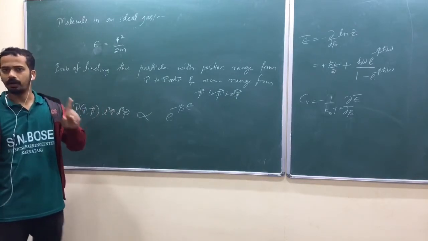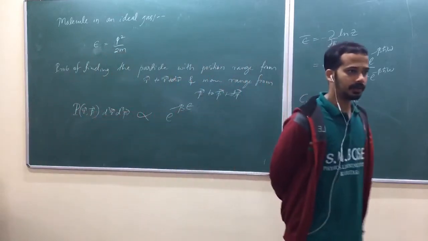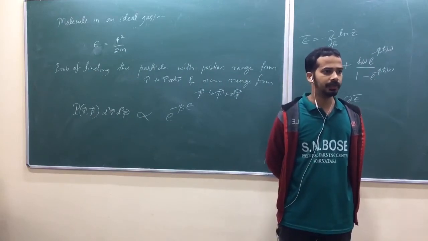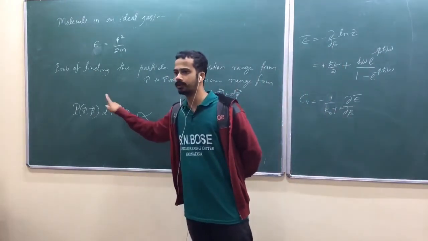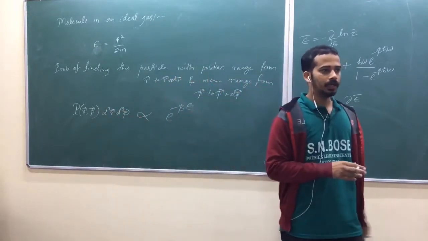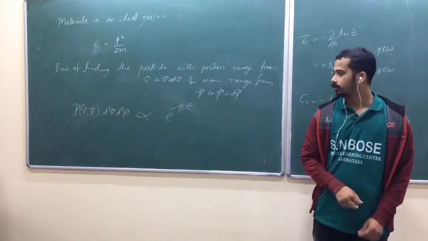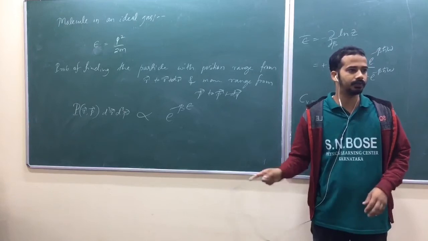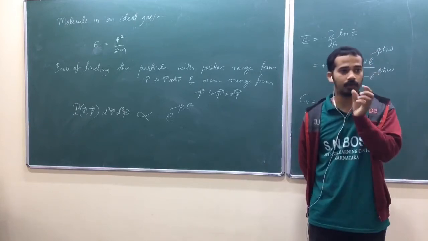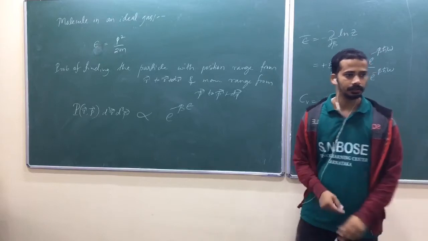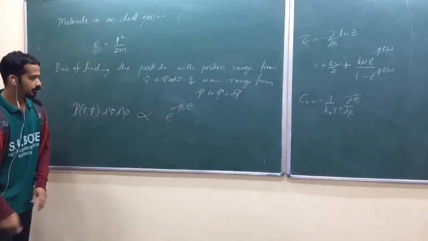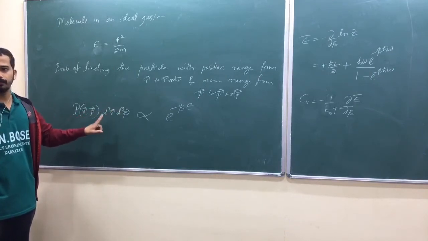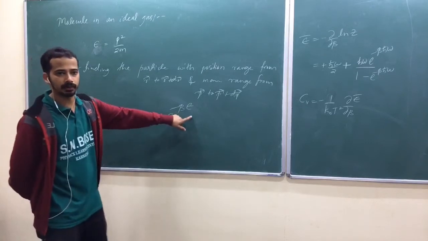One particle, how many degrees of freedom? 3 degrees of freedom. So what is the dimension of phase space? 6 dimensions: x, y, z, px, py, pz. Okay, this is a small volume of phase space. Now you got some volume of the phase space, and to count the number of possible states you need to divide the phase space again into small volumes of h naught raised to 3, isn't it? So now we are talking about volume in the phase space. Is that okay? And all phase cells in that volume have got the same energy. That's what we assume.